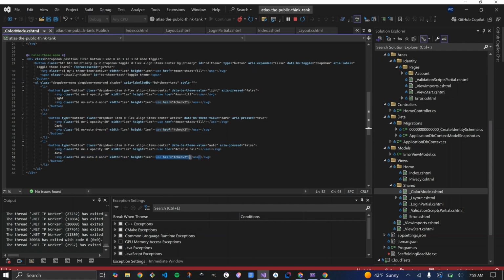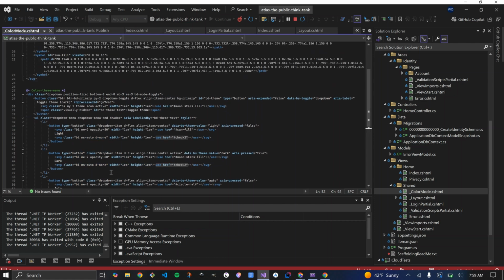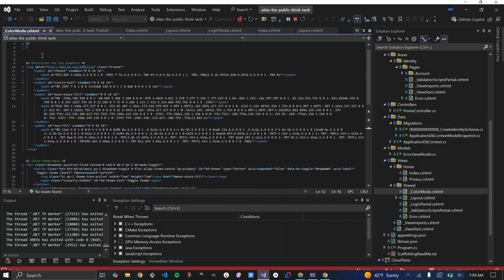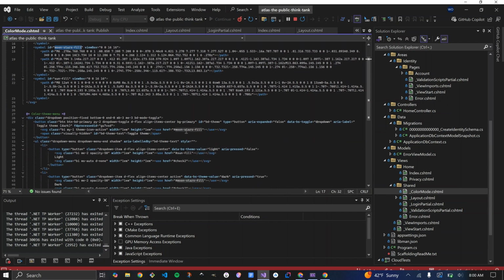This use attribute or use tag, and I had never seen that before. But basically, when you see an SVG with a use and an href like that, you can define another SVG element somewhere else and use the symbols. So this is how they're referring to these shapes as icons and SVGs.